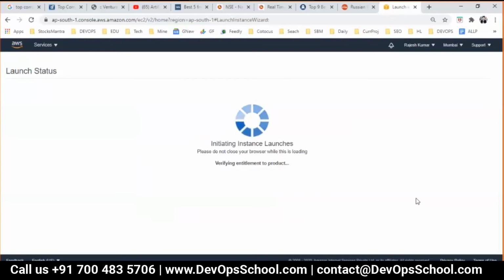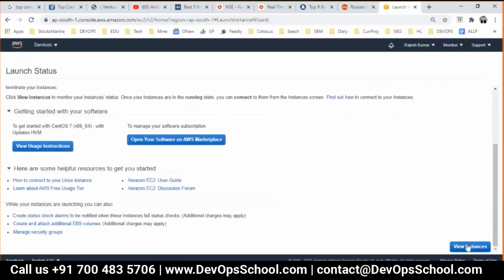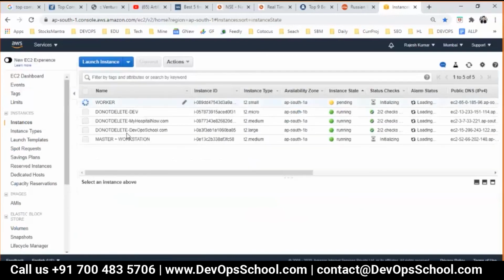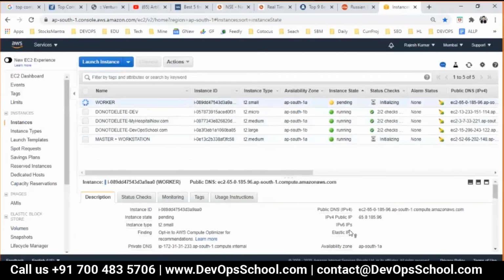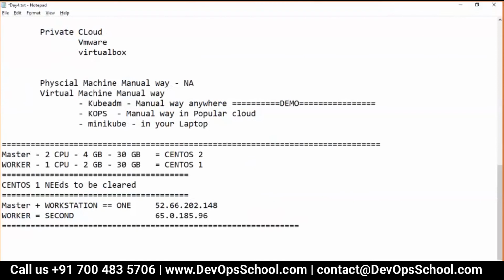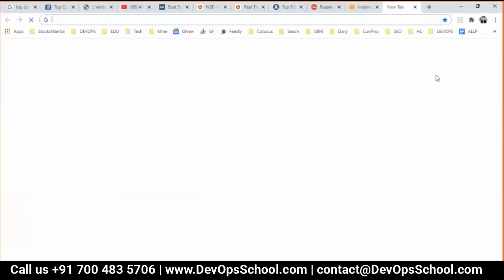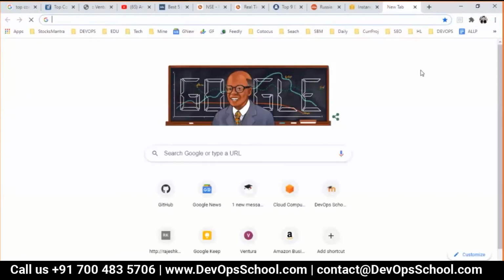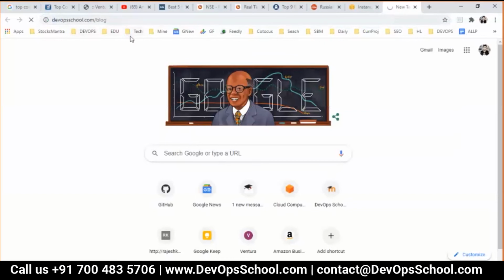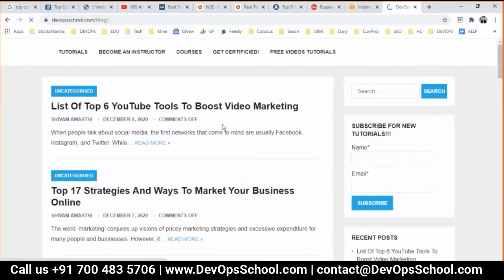And select existing group, and no firewall is there. I'll review, launch. Keys I'm having it, so here it is. Done. So guys, I got these two machines up and running. Now I'm going to show you how we can configure. So here, this is the master workstation and this is the worker. Get me the IP address I need, and here this is the workstation. Okay guys, so now I'm going to set up the master.